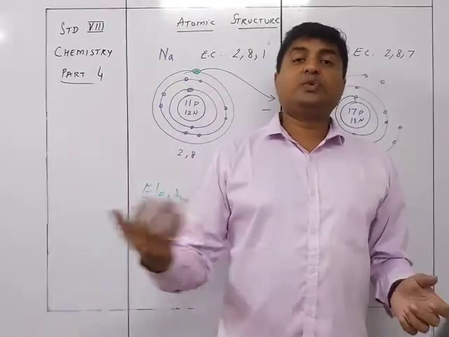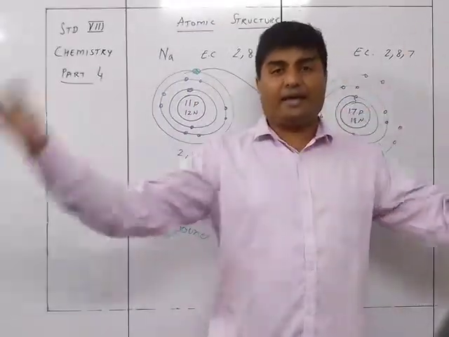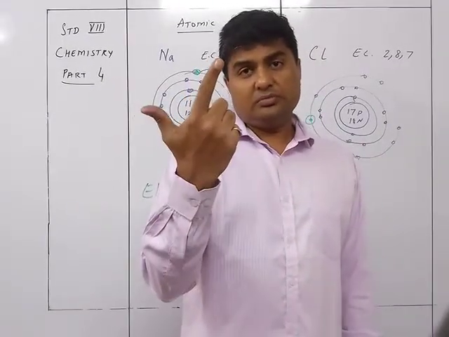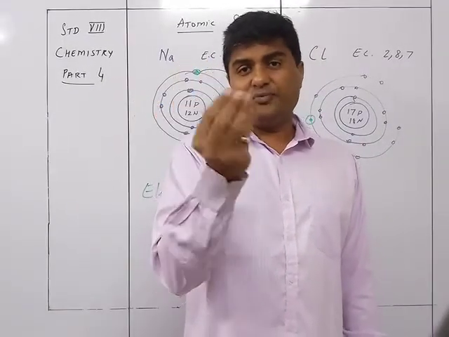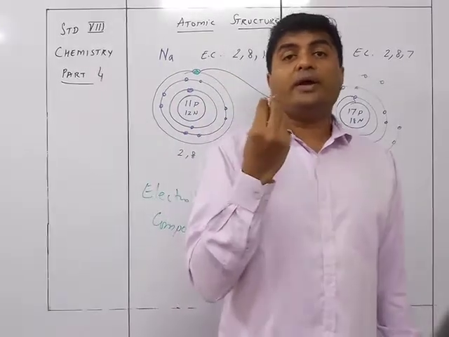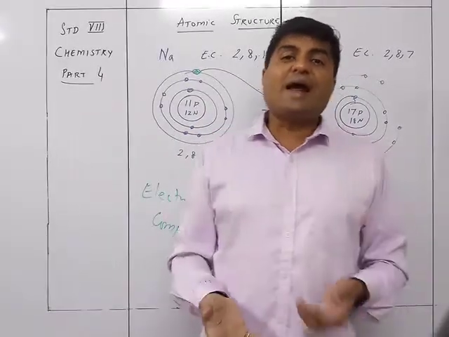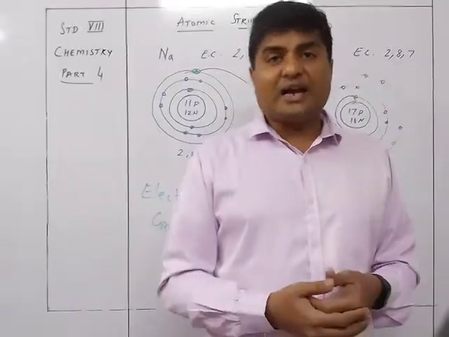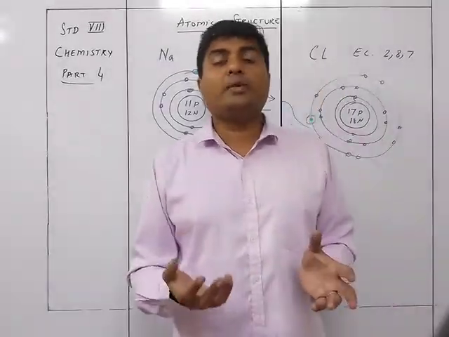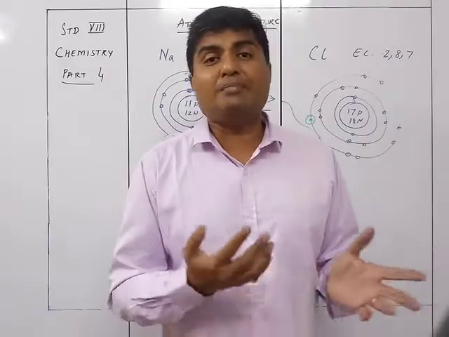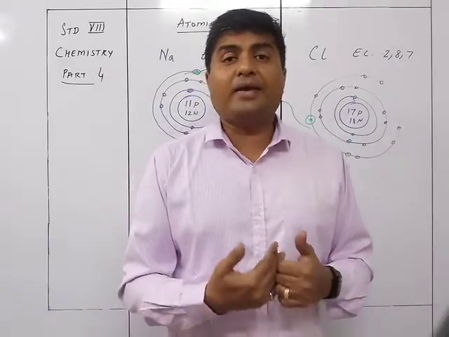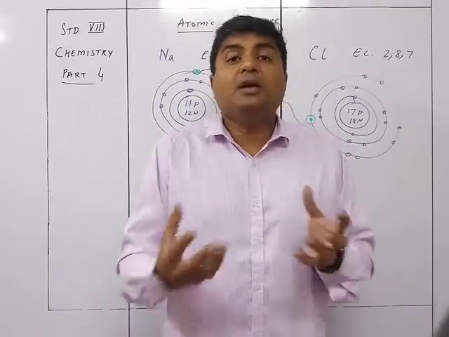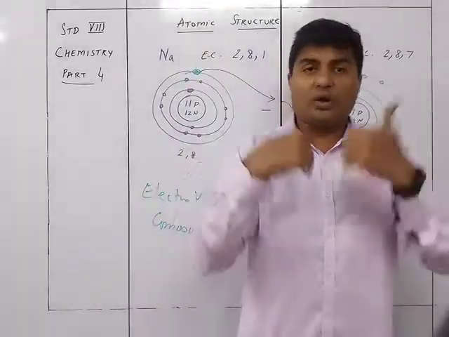But it is not necessary that every time a non-metal will get a metal which will give away its electron. Like for example in the air. In air we know that there is nitrogen, there is oxygen, there is carbon dioxide, and then a few other gases. If you see oxygen and nitrogen, they both are negatively charged, they both have valency as -2 and -3, oxygen -2 and nitrogen -3. If these need to be stable, they need to have some electrons from outside.